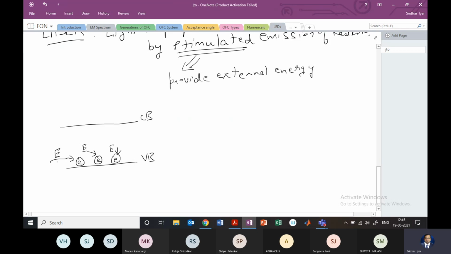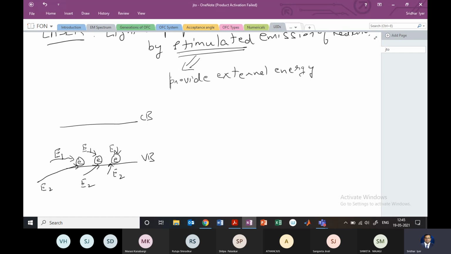Now, apart from this absorption, I will also provide an external energy to these electrons, right? So let me call the absorbed energy, which is spontaneous, as E1, right? And I'm also supplying an external energy E2 from the outside, right? So let this be E2, because I don't know anything about spontaneous emission. It could or could not occur, I do not know, but I'm very sure about this energy E2 which I'm providing,